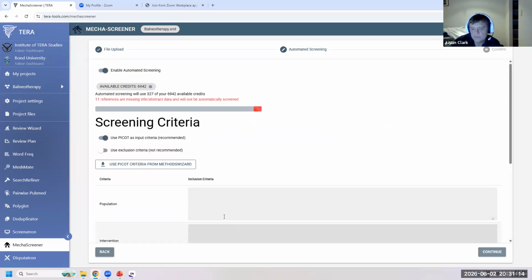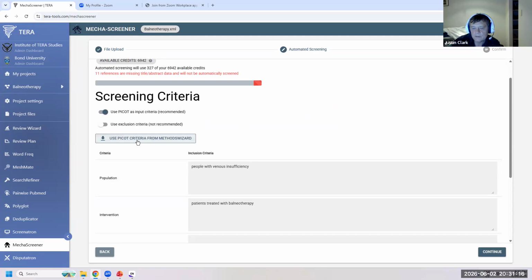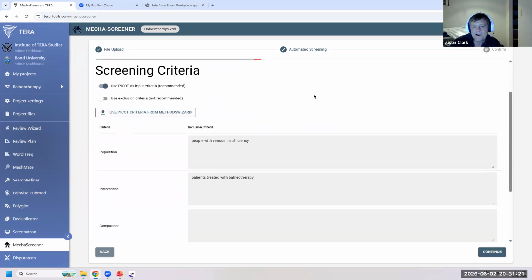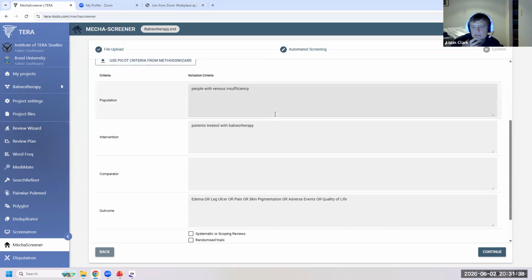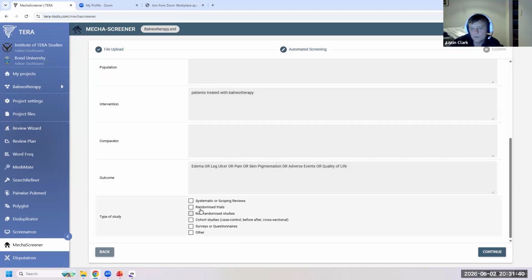This time, instead of typing everything in, I'll just use the PICO criteria. So I'll hit use PICO criteria from Methods Wizard, which you need to change to Review Wizard. And that just automatically pulls all of those PICO criteria in, which can be quite handy because you don't have to type them out every time if you use it for different phases. So if you use it for database screening, but also for citation search screening, and if you do an update, you can just use it again. Just makes life a little bit easier. It won't pull in the type of study though, so I still need to manually tick randomized trials. Hit continue,